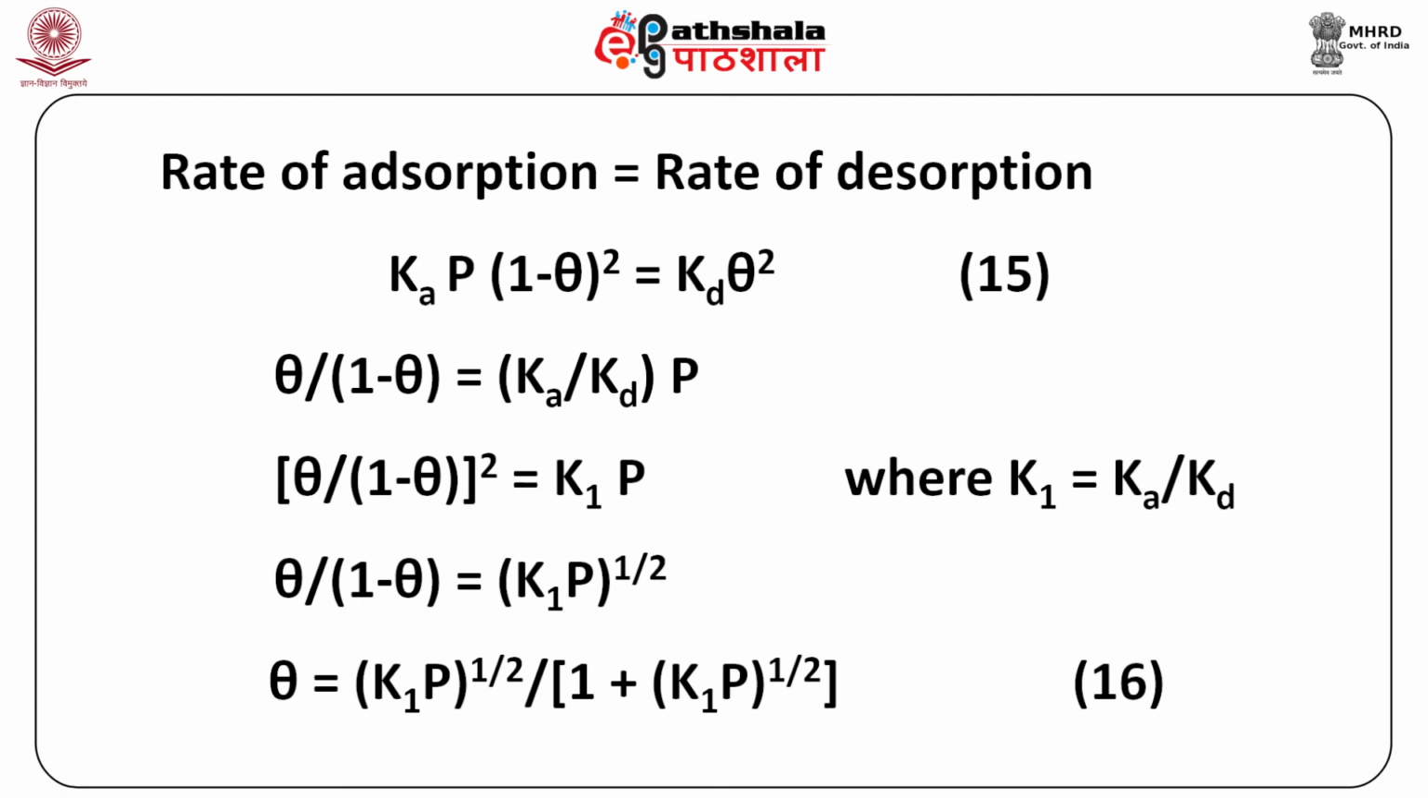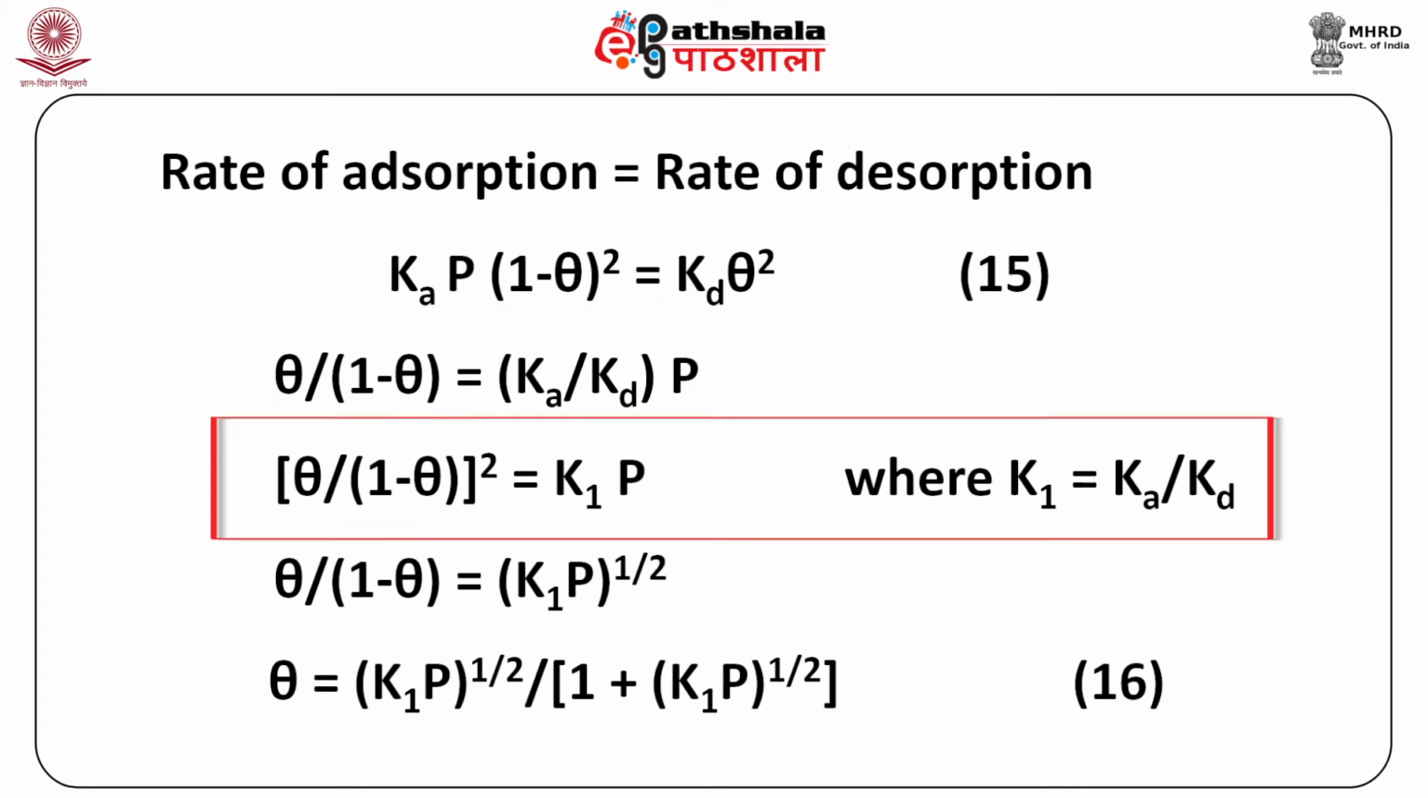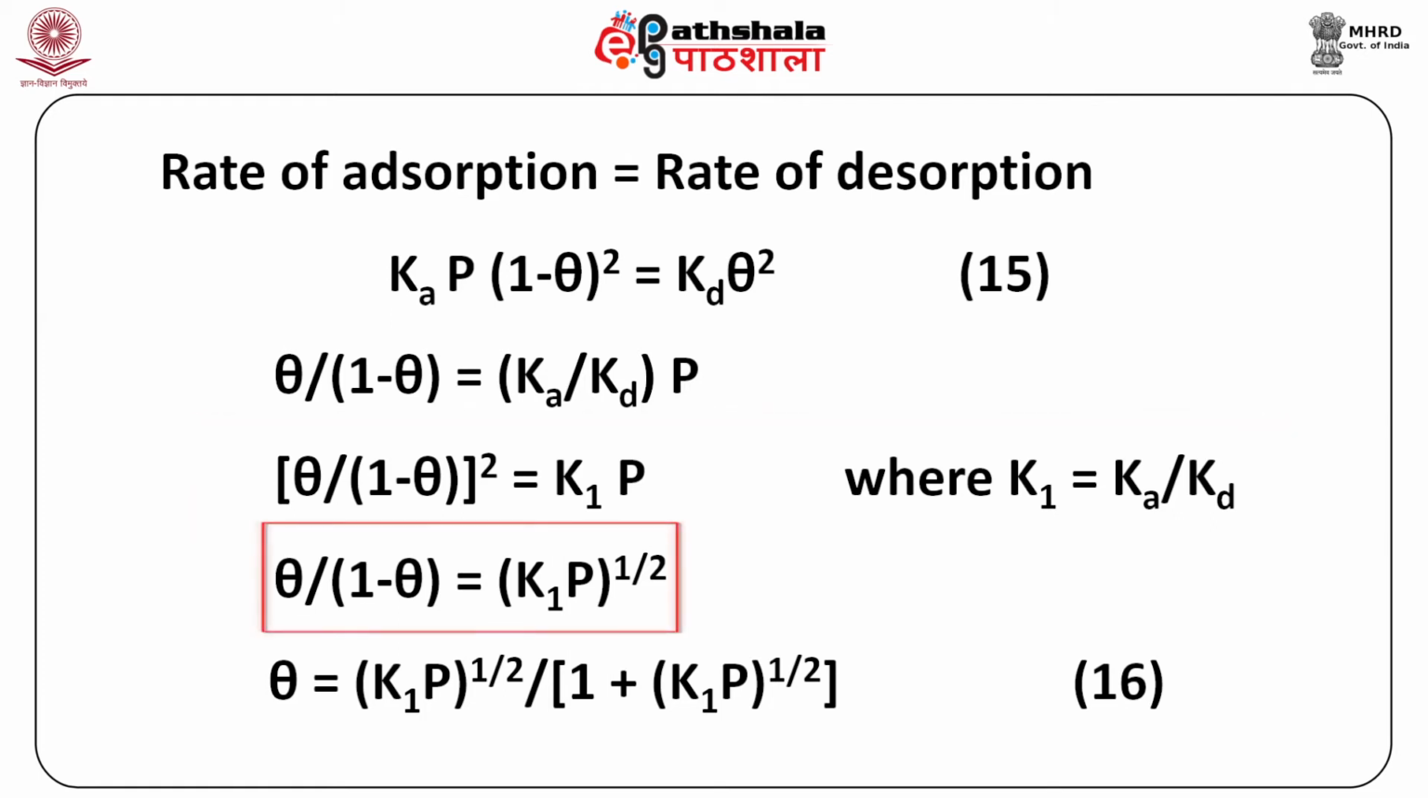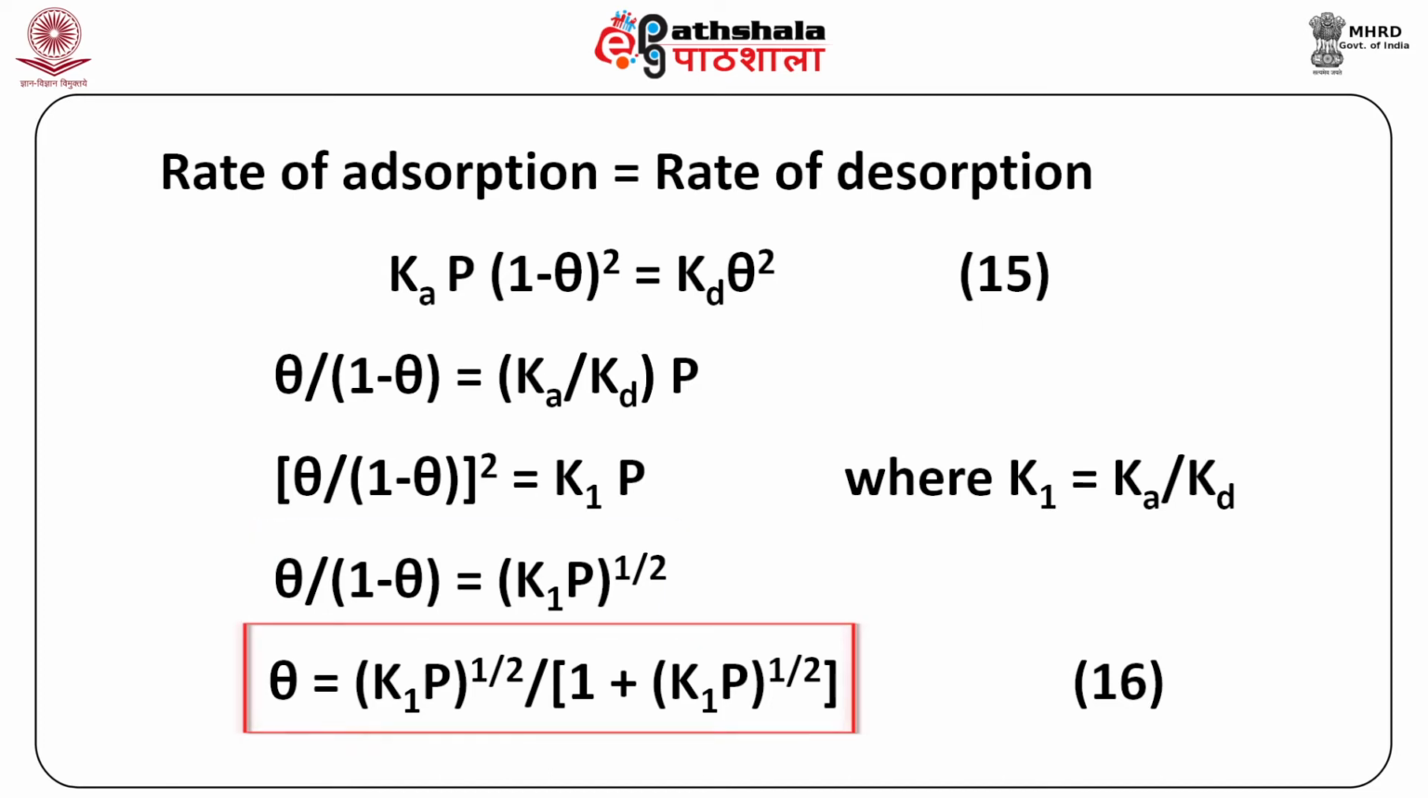At equilibrium, the rate of adsorption equals the rate of desorption, that is Ka P into (1 minus theta) squared equals Kd theta squared, as equation 15. Solving for theta, we have theta upon (1 minus theta) equals root of Ka by Kd into P, or theta upon (1 minus theta) equals under root K1P, where K1 equals Ka by Kd, or theta equals under root K1P divided by 1 plus under root K1P,